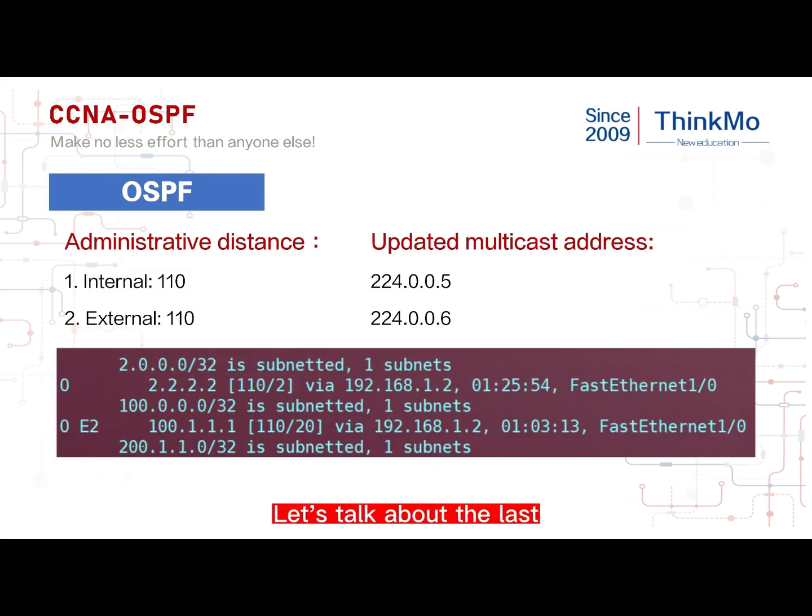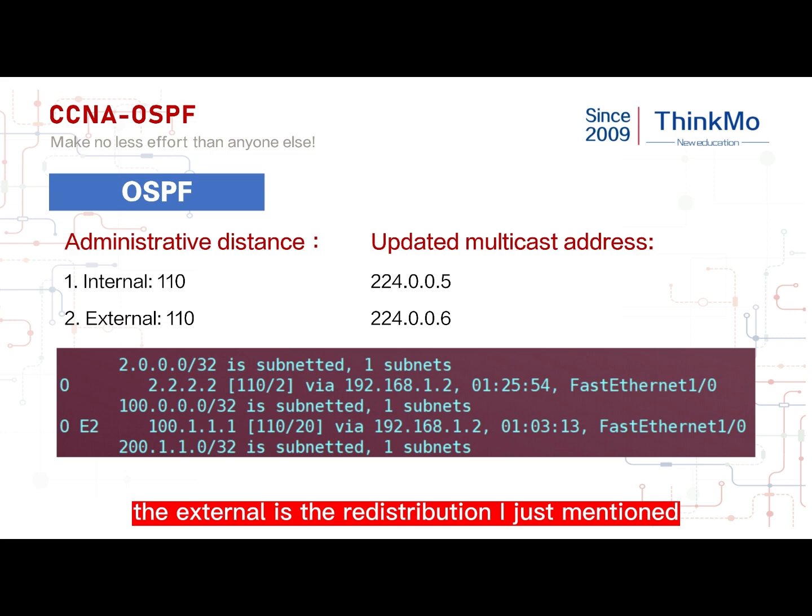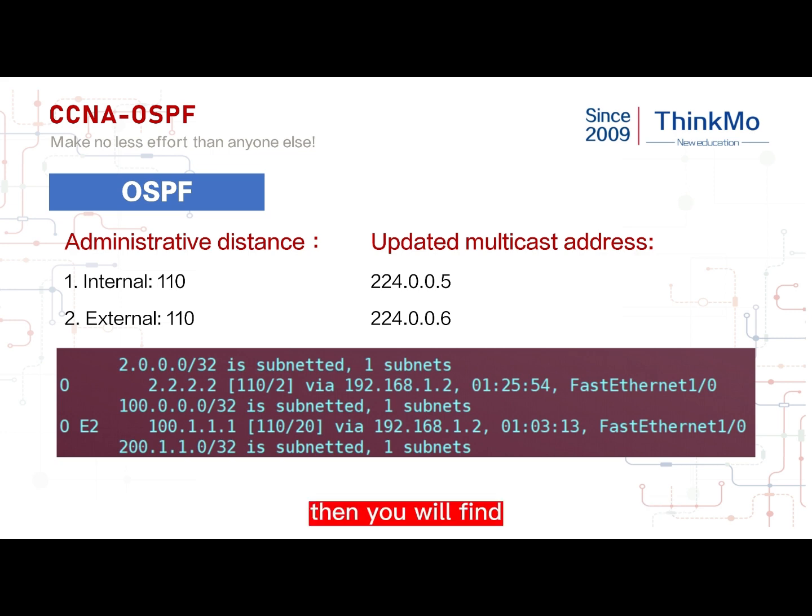Let's talk about the last part, which is some theory of OSPF. Administrative distance. The external is the redistribution I just mentioned. Then you will find that in Cisco, the administrative distance inside and outside OSPF is the same. Then if we do redistribution in the future, in fact, in some cases it will cause